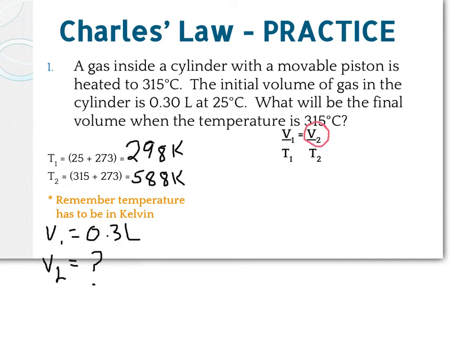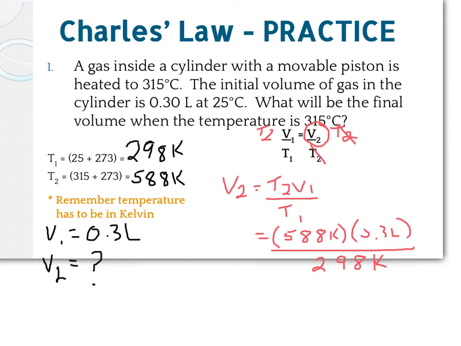What I'm looking for in this example is V2. And what that means I have to do is get V2 on one side all by itself. That means I have to get rid of T2. In order to get rid of T2, I'm going to multiply both sides by T2 because right now T2 is being divided. And what that does is it crosses off T2 on the right. So we end up with V2 is going to be equal to T2 V1 over T1. Now we have to sub in our numbers. To get our final answer here, we're going to do 588 multiplied by 0.3 liters divided by 298. And our answer here will be